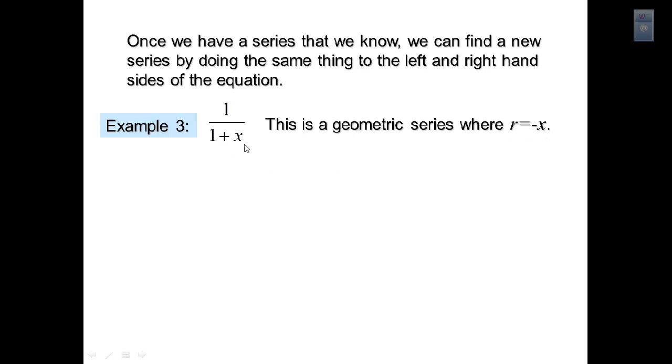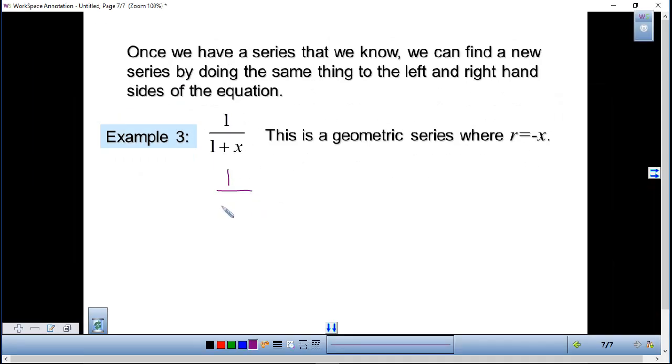Remember the one we talked about before, we had 1 over 1 minus x, and we knew that was 1 plus x plus x squared plus x to the third plus x to the fourth plus dot dot dot going on forever. Well, what happens when we plug in the negative x right here is